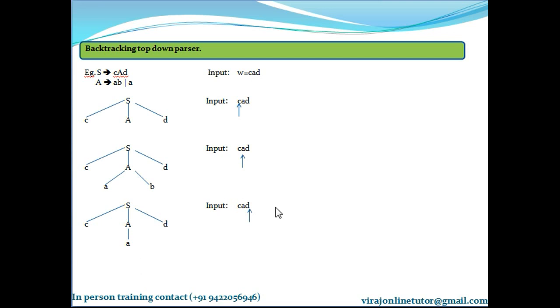So in backtracking top-down parsers, I am given the flexibility to change my decision and select a different option in the production if I am not able to find a match with a particular option. Because I selected the first option here, but B was not matching with D. That's why I was given a chance to backtrack and select a second option for A. After selecting the second option for A, I was able to match the leaf nodes with the input string. Clear? So this is a backtracking top-down parser.